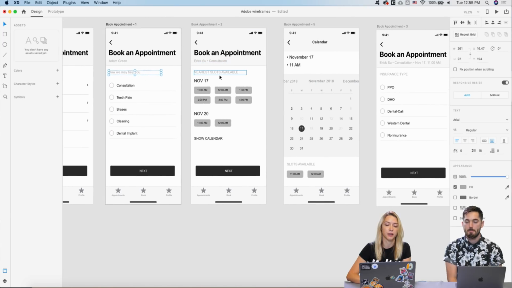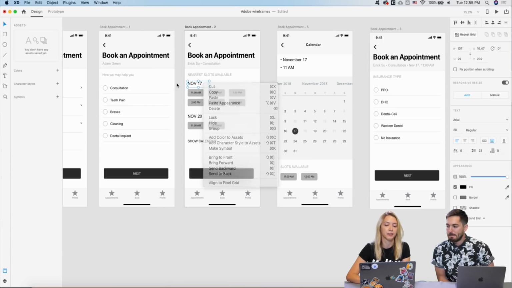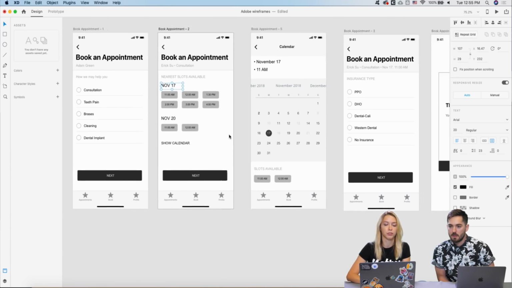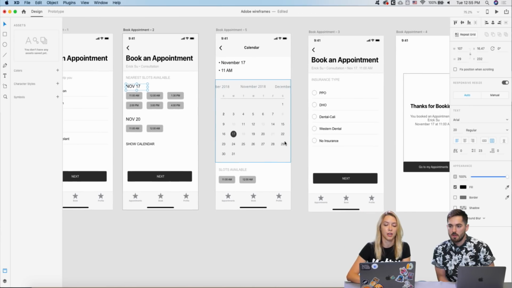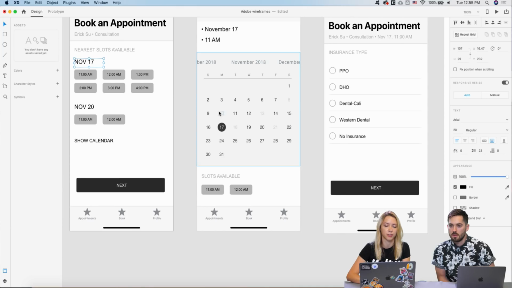Then the user may select a time. We show first the nearest slots available for quick booking, and also the user can view the whole calendar and pick up the date he wants. The not active dates